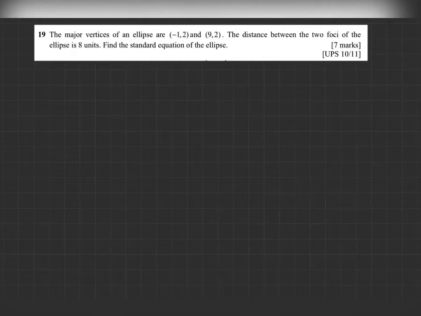Hey, what's up guys? Okay, now let's look at question 19. This one adalah soalan UPS pada tahun 2010-2011. So maybe soalan UPS kamu akan keluar macam ni. Kita tak tahu kan? Okay, now the question give us the major vertices location is at -1, 2 and 9,